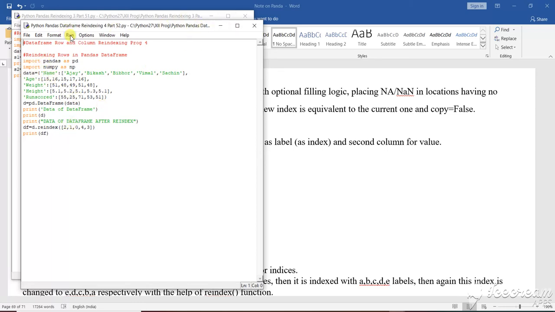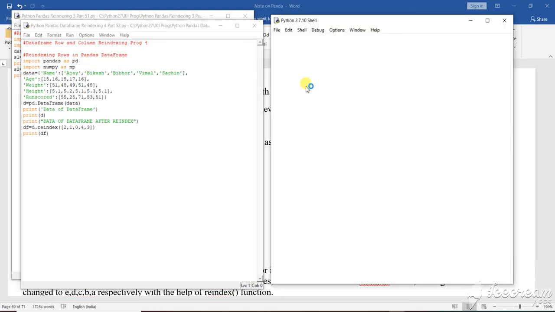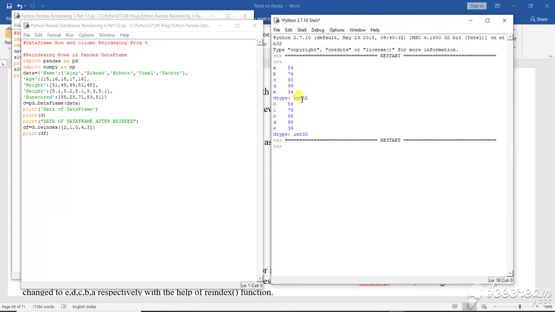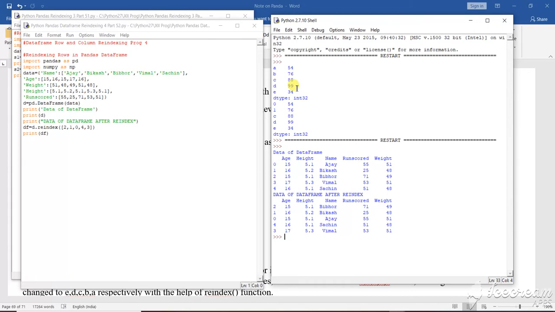Now let us run it and see what the output is. Then I'm going to discuss the next portion. This is the previous output. I haven't deleted that previous output for understanding purposes; it will be easier for you. Now see very nicely, I have taken the names here. All the names are there, and based on them, age, weight, height and the other details are given. Now I am printing this particular data frame.